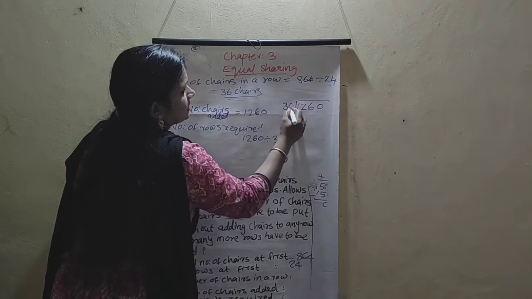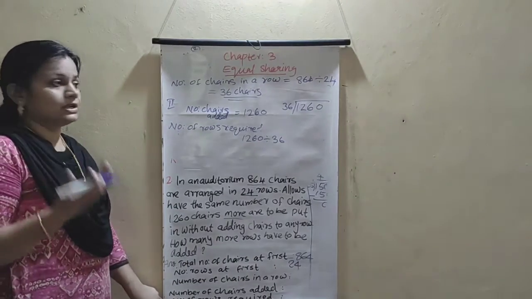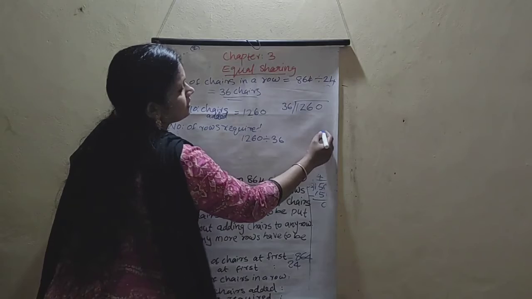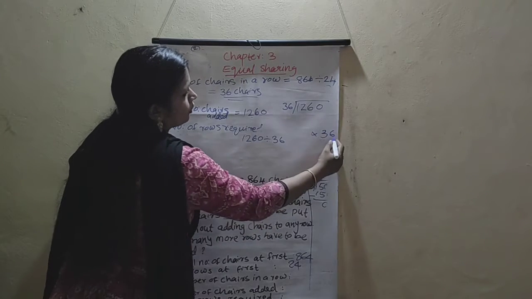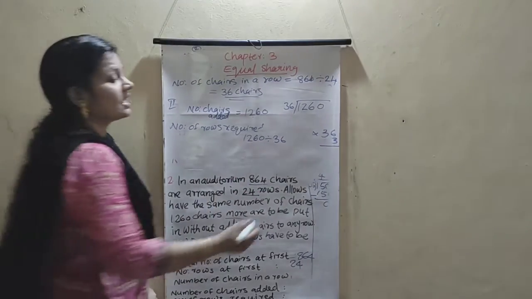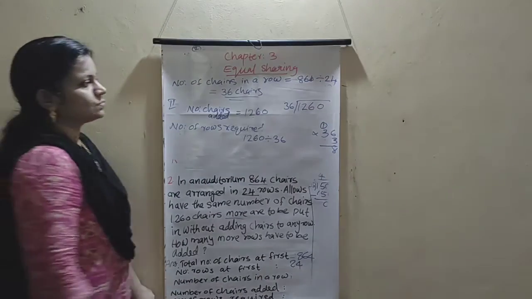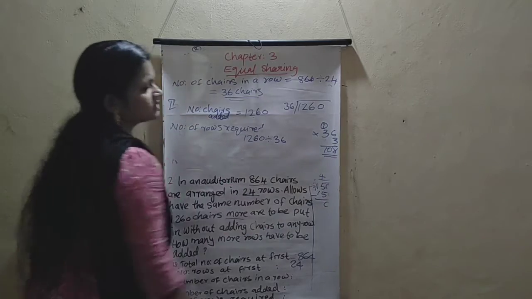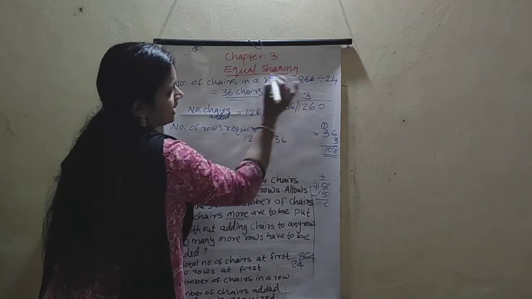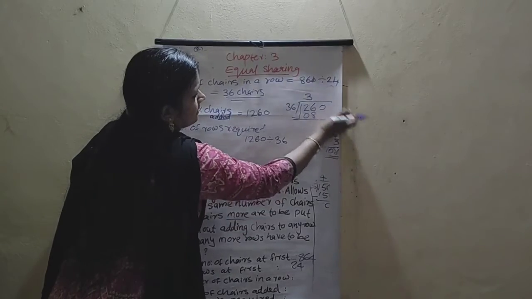So you do 1260 divided by 36. You are not able to take 36 directly, so you find out 36 into 3 or 4. You do 36 into 3. 6 3s are 18. 1 is the carryover. 3 3s are 9. 9 plus 1, 10. This is 108. So write here quotient 3. 3 into 36 is 108. Then minus this number.